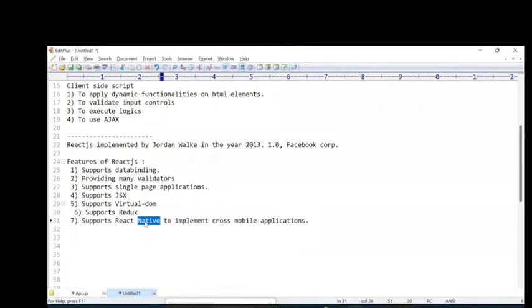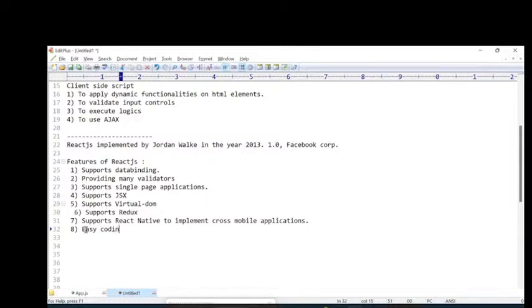Here we are using HTML controls in web applications, right? In the same way, to work with mobile applications, we use native controls. If you know native controls, that is enough. Using React code, you can simply implement mobile applications, and those applications support any type of device. That is the main thing. Next one here,